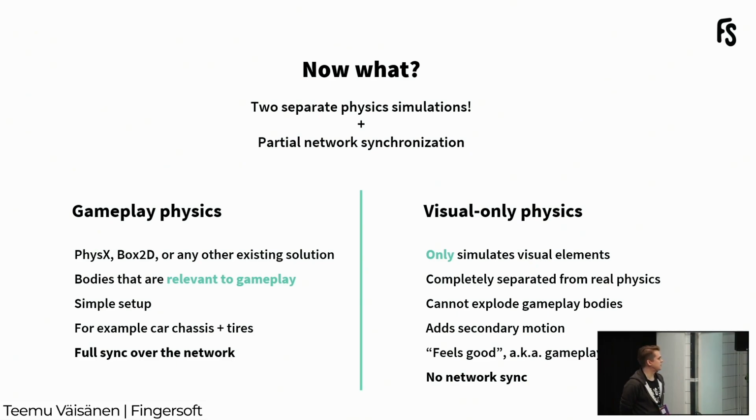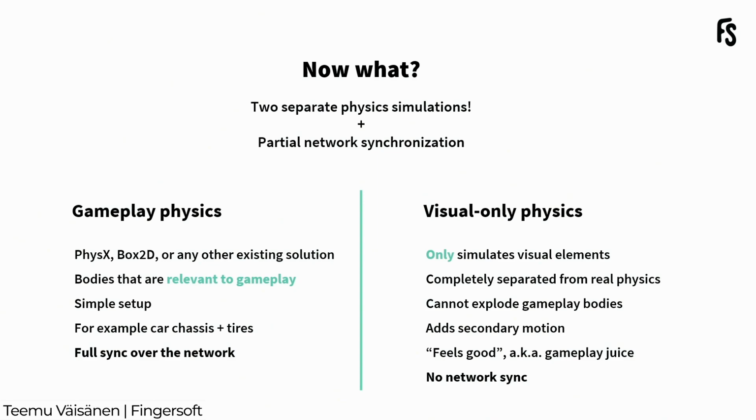Basically, this covers the physical bodies that are relevant to the gameplay. And we try to keep this as simple as possible, because we know that if something can explode and break, it's much easier to keep everything together if it's a simple case that we are covering. As a vehicle or racing game example, you would have the chassis and tires only affected by this system, and we do a full sync over the network for these bodies, or this side of the physics